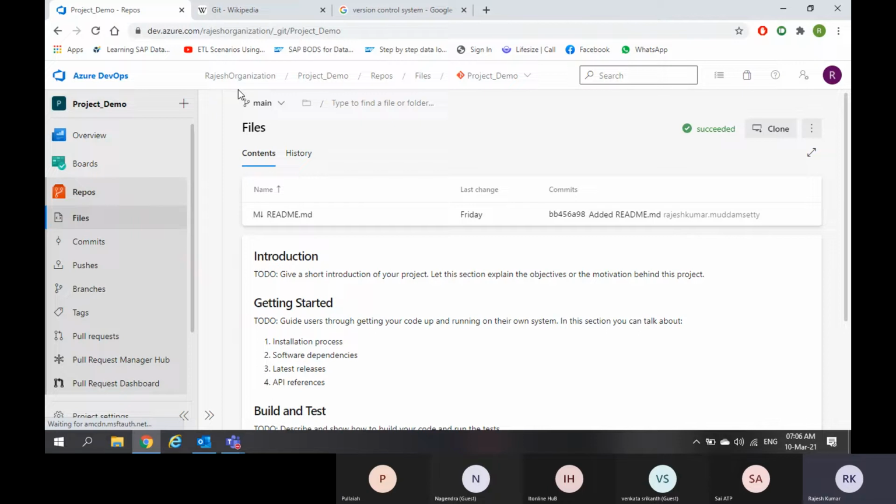Suppose in my organization I have 10 developers and they are writing source code. If they are writing in their local PCs and they go on leave, a long leave or any leave, for suppose developer 1 has written some 100 lines of code, and tomorrow developer 2 wants to start the source code from line 101, not from the first line. Why? Because the 100 lines are already ready, but he has not shared the source code with anyone. The source code is in his laptop only, but he went on long leave, maybe 1 week, 10 days or 1 month. Until he comes back, the remaining 9 developers cannot start work.